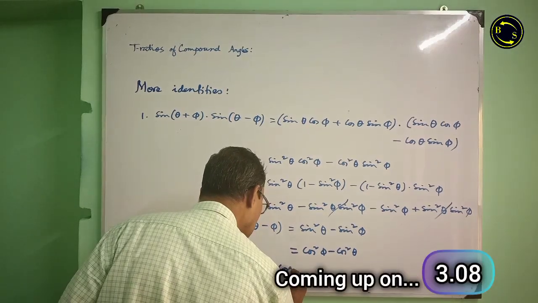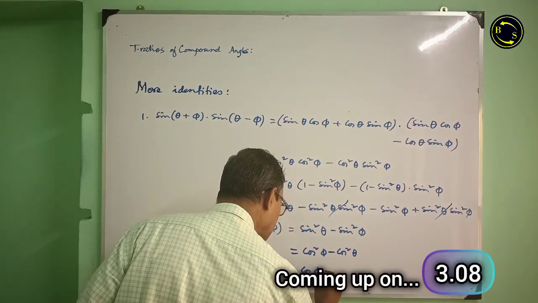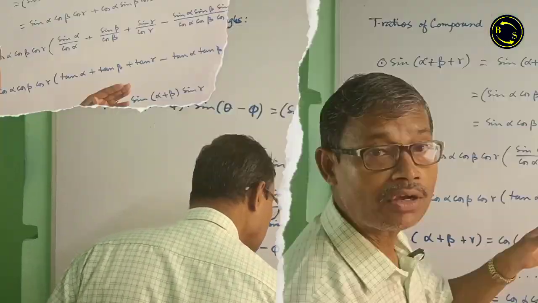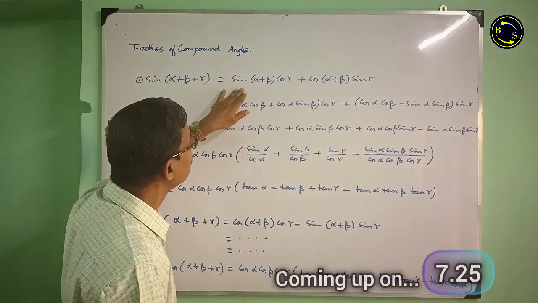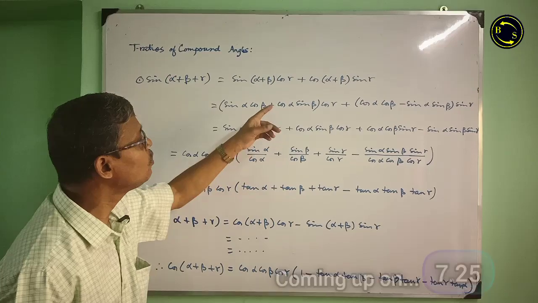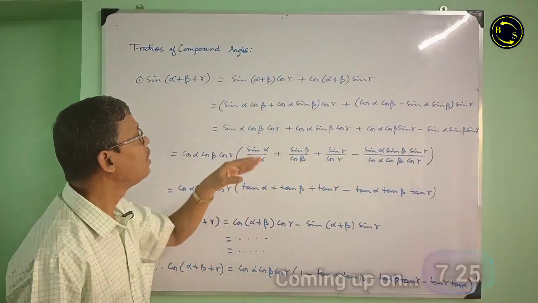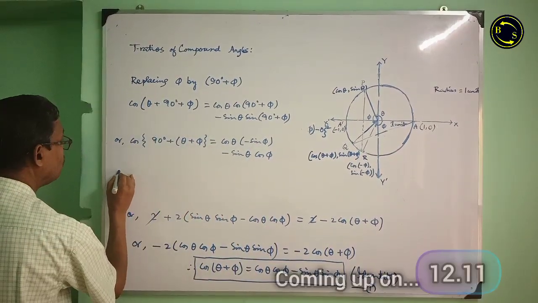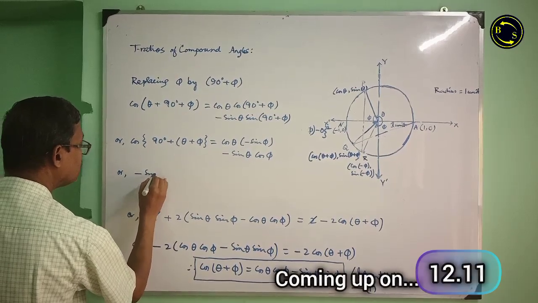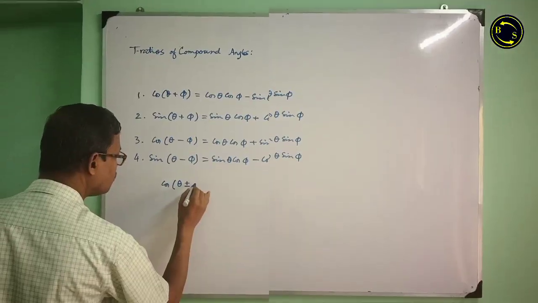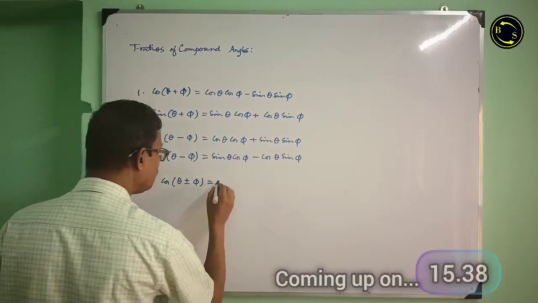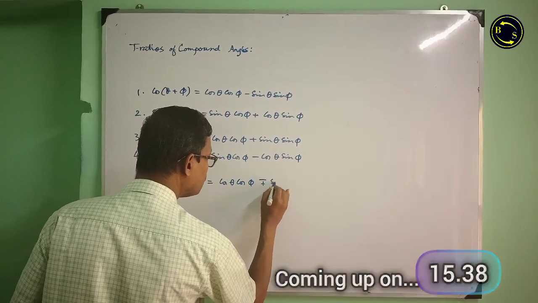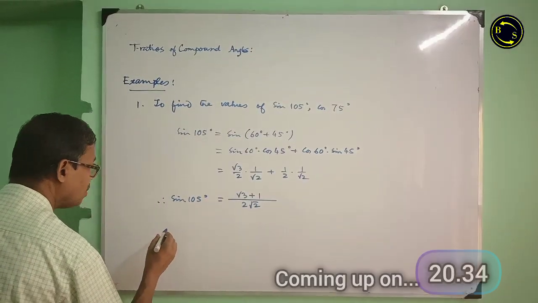Put the values: cos theta cos phi minus sin theta sin phi, sin theta cos phi plus cos theta sin phi. We write this one as sin of alpha plus beta into cos gamma plus cos of alpha plus beta into sin gamma. Now for sin of alpha plus beta cos phi or minus sin phi, that is equal to cos theta cos phi minus plus sin. Next, cos of